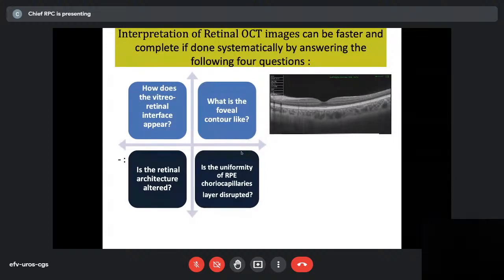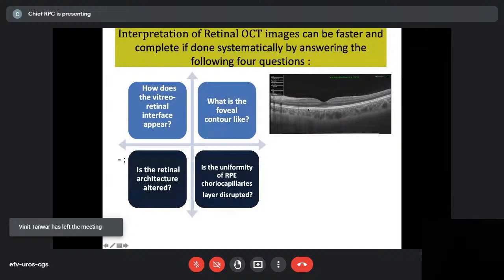So you must see what the interface is like. Is the dip present, absent? Is there some vitreoretinal adhesion? There's a dynamic focus which helps you to see the vitreoretinal interface in some of the OCTA machines. And the foveal contour, whether it's the shape of a dip, and is the picture intact? Are the layers visible? Or is there a disorganization of the layers, some cystic spaces, or other things in the retina, some hyperreflective dots? All those things have to be seen within the architecture.